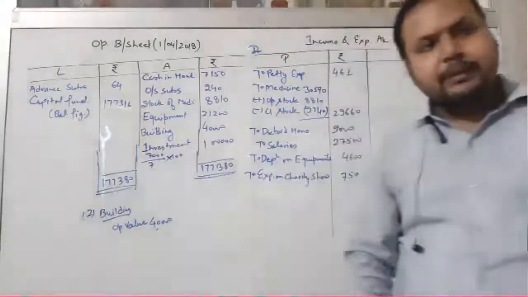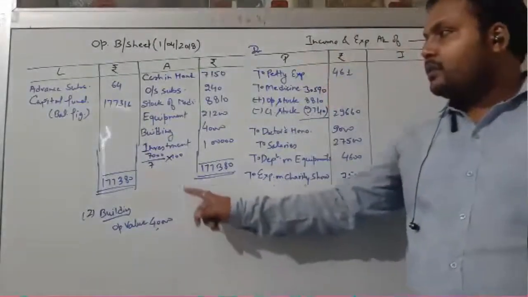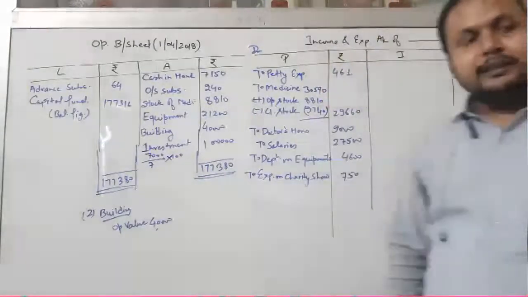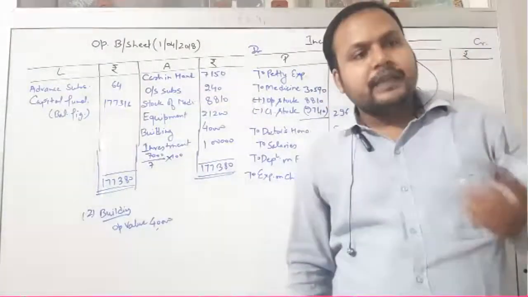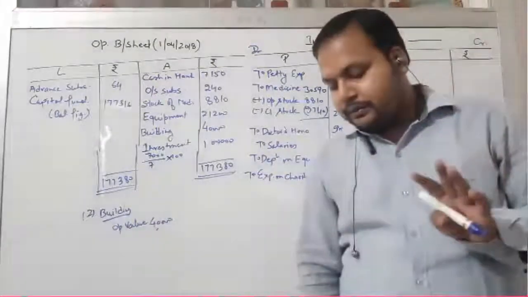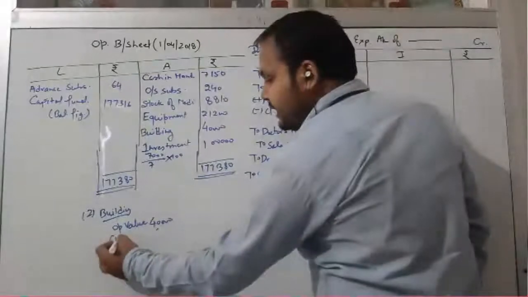उसके लिए हमें रिसिप्ट एंड पेमेंट अकाउंट देखना पड़ेगा. तो रिसिप्ट एंड पेमेंट साइड देखो, क्या हमने बिल्डिंग को खरीदा या बेचा है. नो सर, ना रिसिप्ट है ना पेमेंट है. रिसिप्ट होता तो हम सेल करते और पेमेंट करते हैं मतलब हम उसको परचेस करते, बट इस तरह की कोई इंफॉर्मेशन गिवन नहीं है. सो बिल्डिंग की क्लोजिंग वैल्यू से ही हम सीधे फाइंड आउट कर लेंगे व्हाट इज द